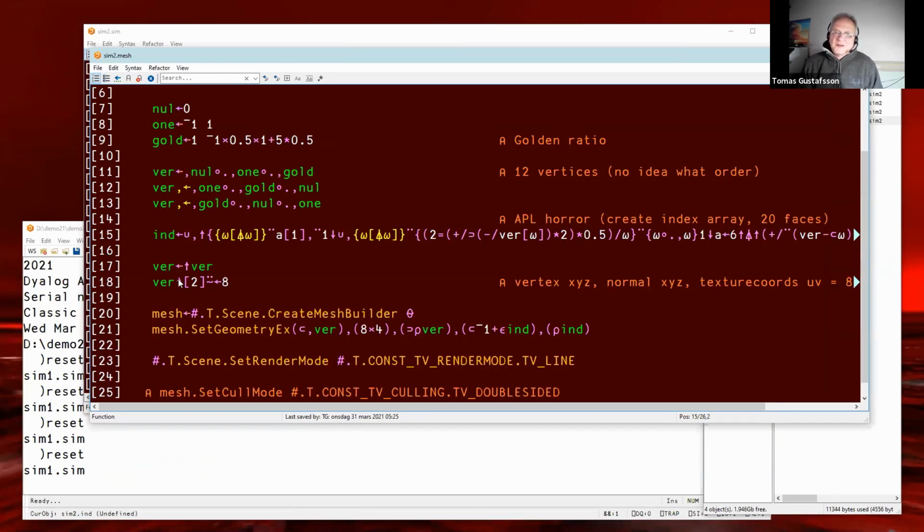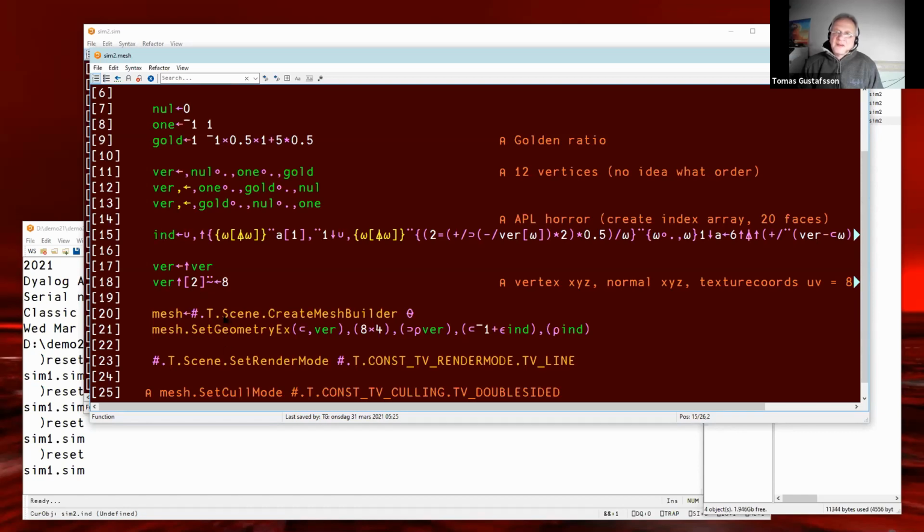Then we just disclose and we add, there were 3 columns and we want to have 8 columns because of the 3 normals and 2 UV texture coordinates. So we extend it towards the right to be 8 columns by a take along dimension.